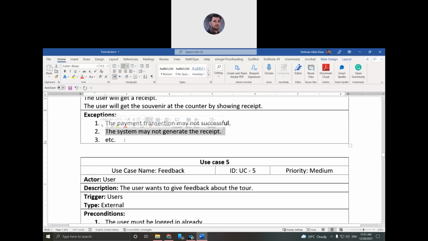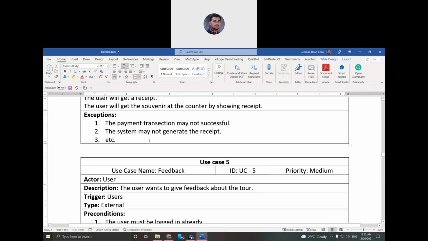Maybe there is some problem, and the user paid already, but the receipt cannot be generated. If you don't have the receipt, you cannot receive the souvenir. So you should be careful about these types of errors. Why are we mentioning these errors here? Because we are highlighting to the developer that when you are developing this process, please be careful about this type of error.